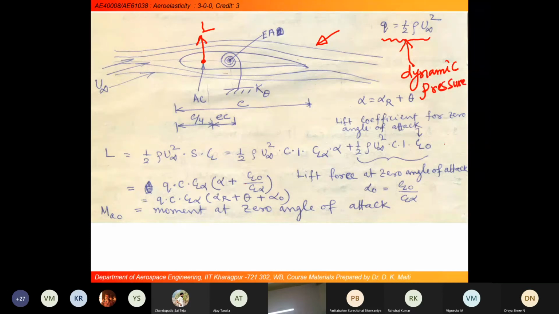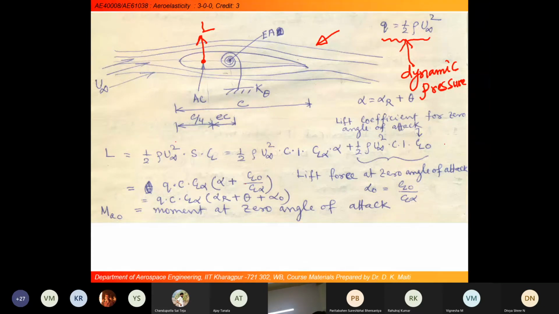In your aerodynamic calculation, we have considered, let's say, a particle having velocity u infinity and the density of that particle is rho, then the kinetic energy or dynamic pressure we can calculate is half m v square. Basically, in our case, here it will be half rho u infinity square. Considering this dynamic pressure, we can calculate the lift.